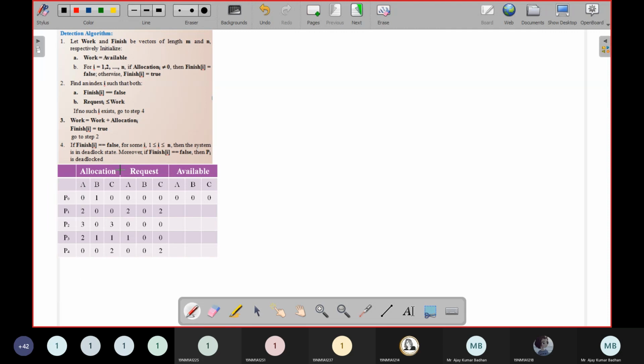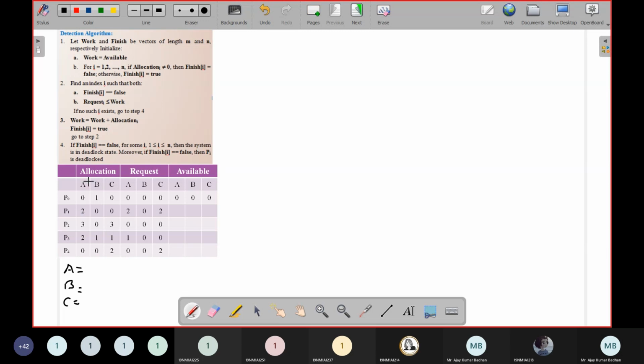And we have the allocation matrix, request matrix, and available. Right now the operating system doesn't have any of the resources. A, B, C are the resources. Whatever resources it had, it has already allocated. So I want to know the total amount of resources we have for A, B, and C, so that we can get clarity whether we are doing it perfectly or not.